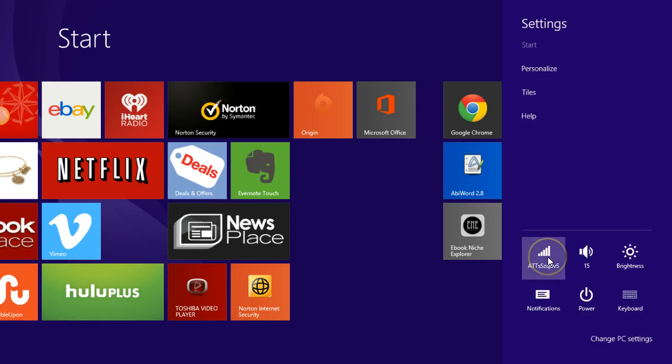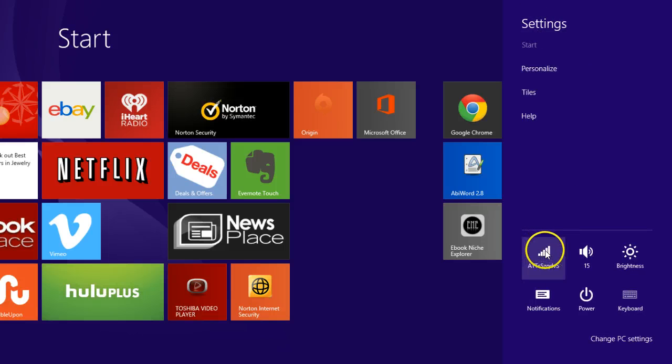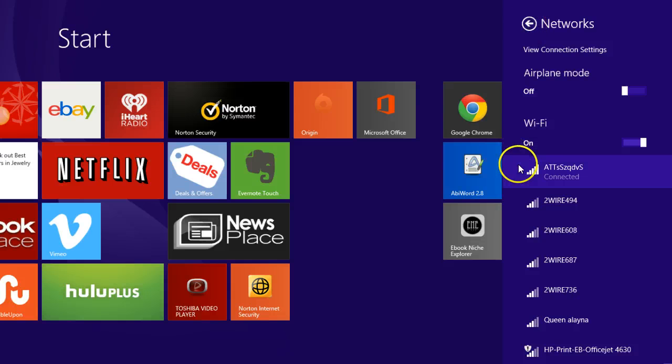Here's where my internet is, and see right here. Now let me go back. See how this is where my networks are, these little bars. You click on that and it has all the different internet signals it's picking up, scanning all the different internet signals from different people's houses, and for each one of these you have to type in a password to get there. Well, this is mine, and that's how I get that. So if you need to connect to your internet, I don't want to disconnect it, because then I'll lose you on the video here.